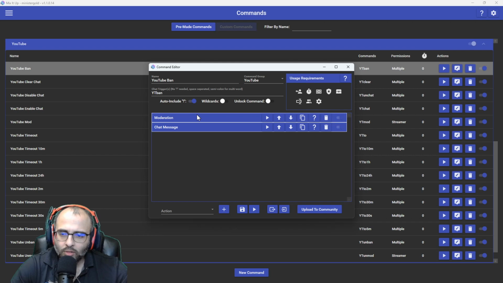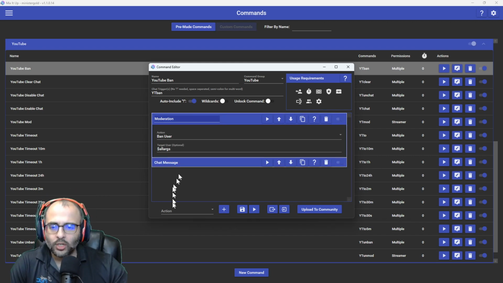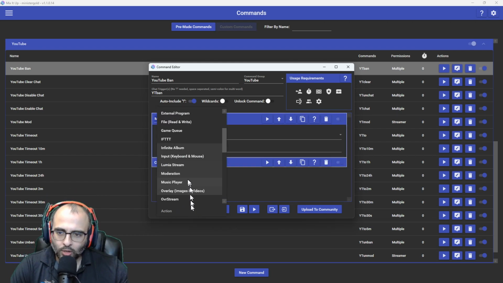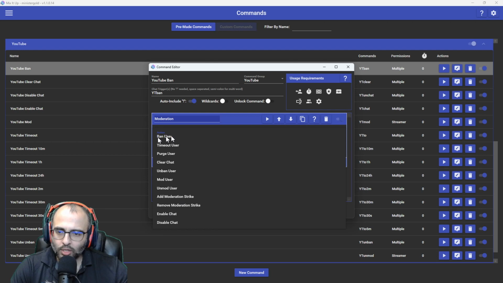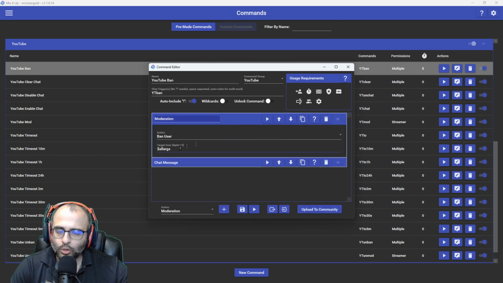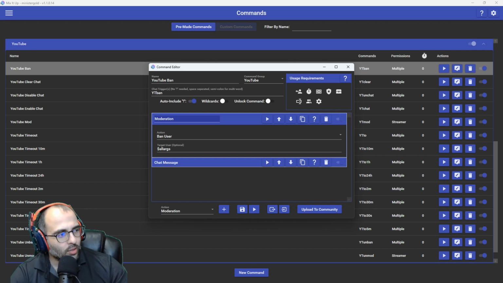That's the trigger that I gave it. And so you go to the drop down. There is an action called moderation. Select that, add it. You'll just look for the ban user option, and you'll include $ all args. And so what that means